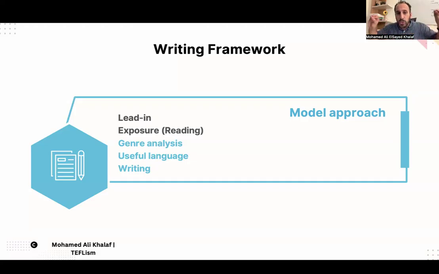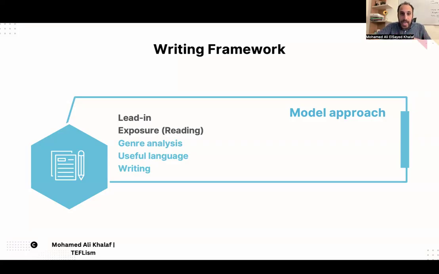You look at the exposure stage that you expose the students to, and expose yourself to it. You need to expose yourself to this piece or this genre and see what the components are for the genre analysis, what the useful language needed to write something like this in the future, even for your own knowledge.